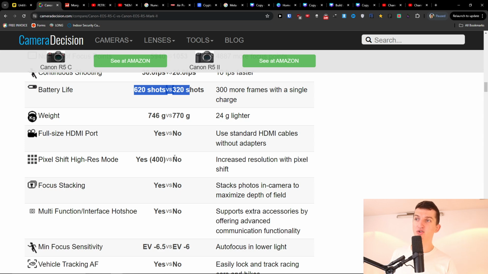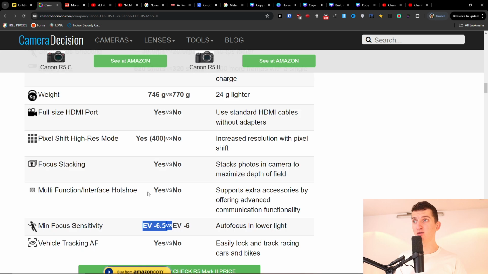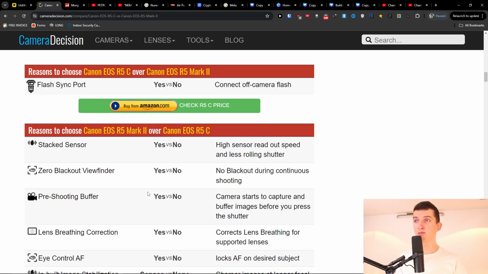Weight but not much. Then the full-size HDMI port, pixel shift high-res mode, focus stacking, multifunction, and min focus sensitivity, and vehicle tracking. So these are the things that you're going to find for the Mark II comparing to R5C,